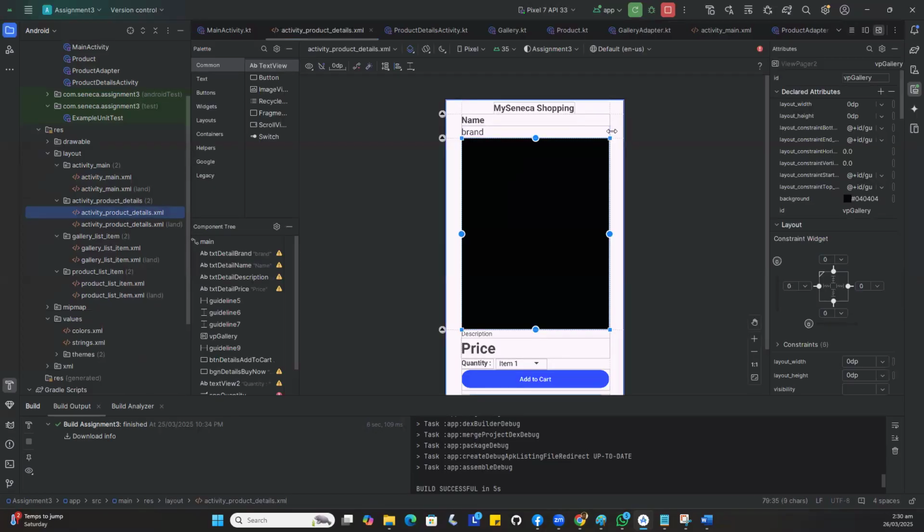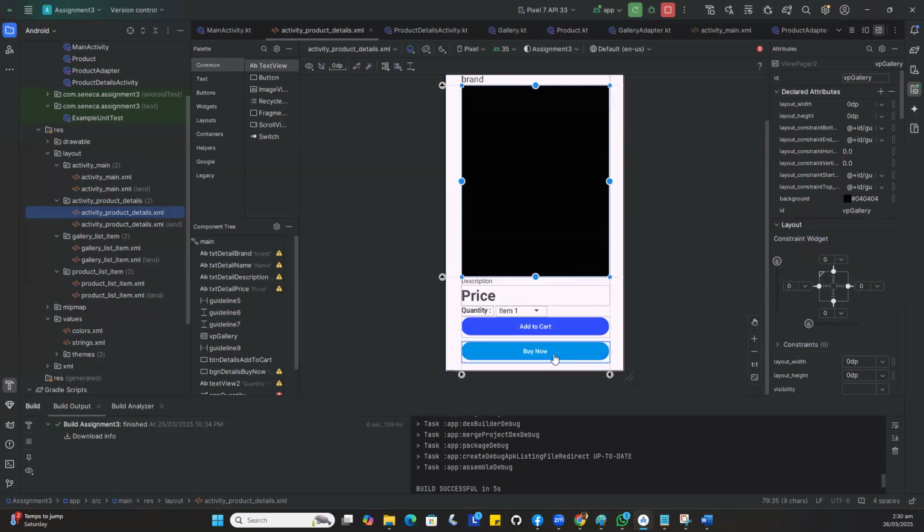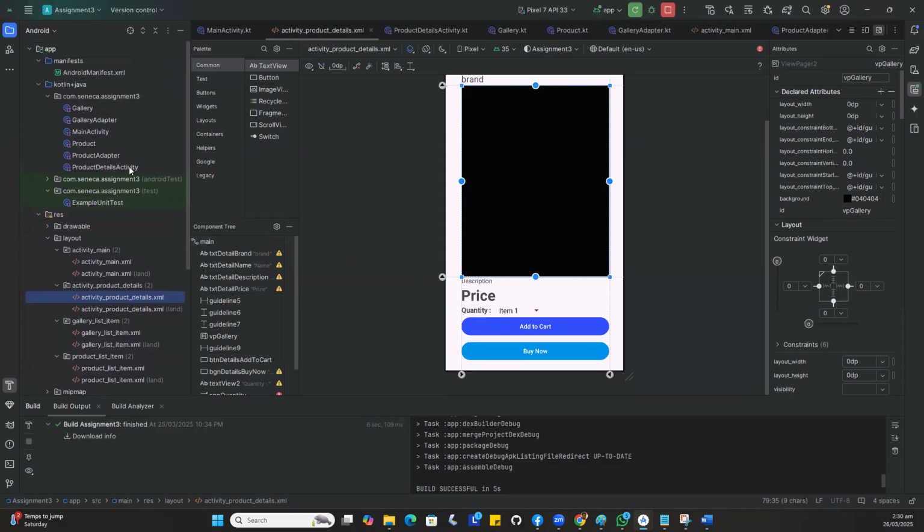So basically, this screen renders the name of the product, brand, available images of the product, description, prices, quantity, the quantity input, add to cart button, and buy now button. So again, price, quantity, and add to cart and buy now button are just extra features I added for better e-commerce user experience. All right, so to go to the code behind of this activity, I'm gonna navigate to the